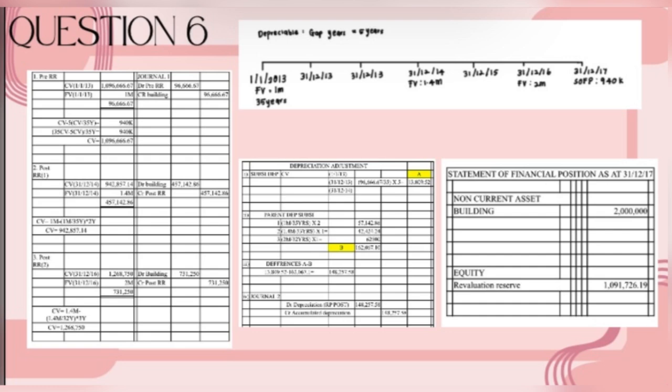We need to calculate CV equals 1 million, which is the amount from the fair value before, minus 1 million over 35 years, times 2 years, which is the year gap between the fair value to the current fair value now, and we get the answer, which is 942,857.14. Same thing, compare with the fair value amount, we will get